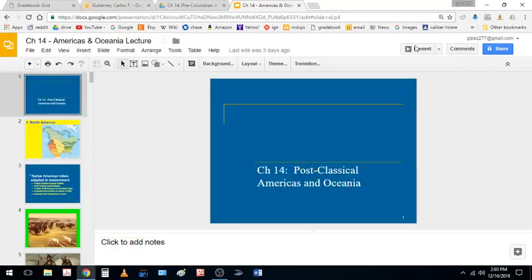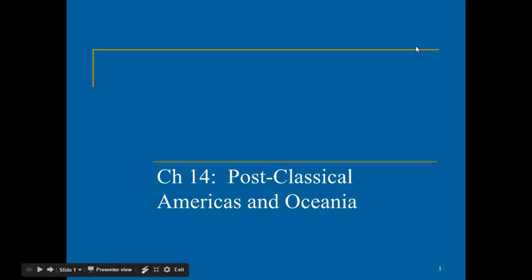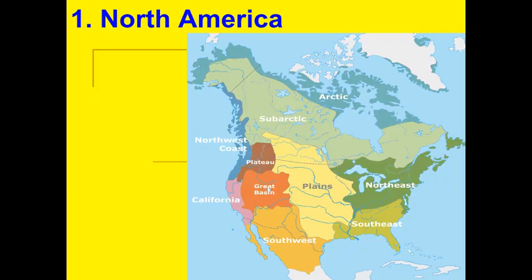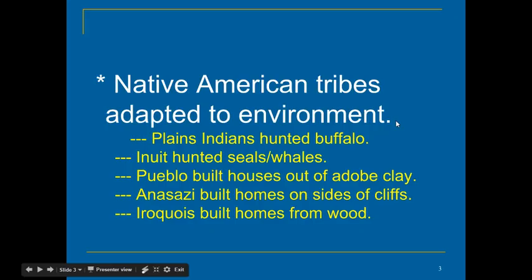All right, so let's get started with our video lecture for chapter 14, dealing with the Americas and Oceania in the post-classical era. So we're going to begin with part one, dealing with North America and the different Native American tribes, or American Indian tribes, or the Amerindian tribes and societies and cultures that existed in the northern continent. And what we tend to notice is that a common feature is,